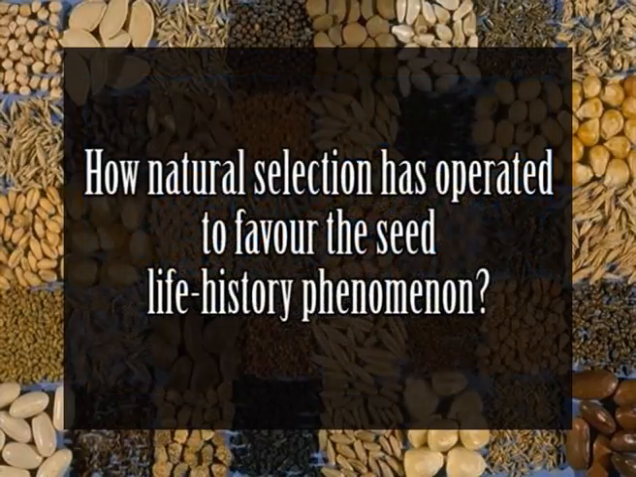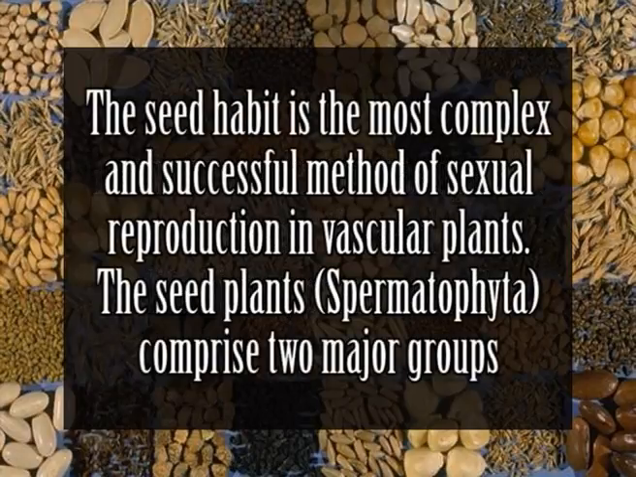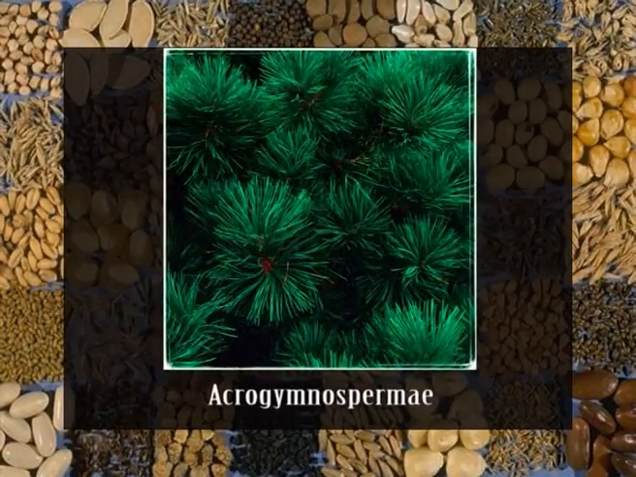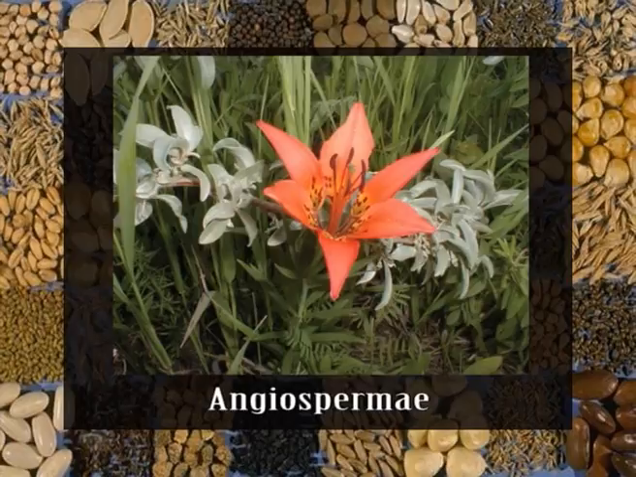And so, as far as the second important question is concerned, how natural selection has operated to favor the seed life history phenomenon: the seed habit, let me tell you, is the most complex and successful method of sexual reproduction in vascular plants. The seed plants, what we also call Spermatophyta, generally comprise two major groups. The acrogymnospermi, also referred to as gymnosperms, with a conservative estimate of about 800 living species, and the angiospermi, also referred to as angiosperms, with a conservative estimate of more than